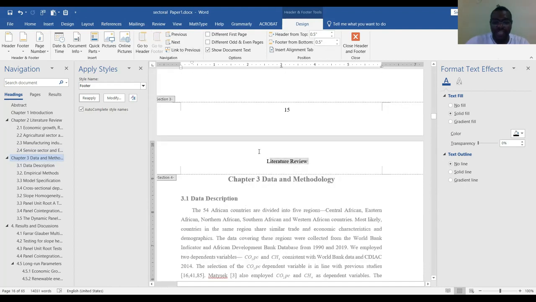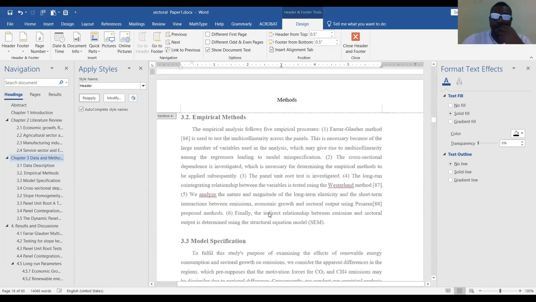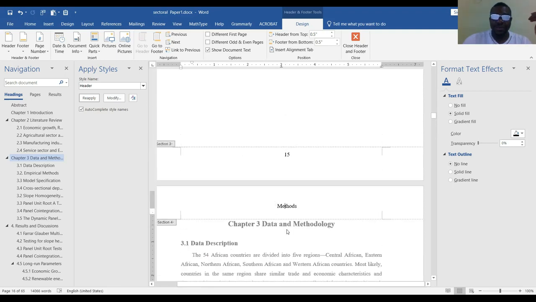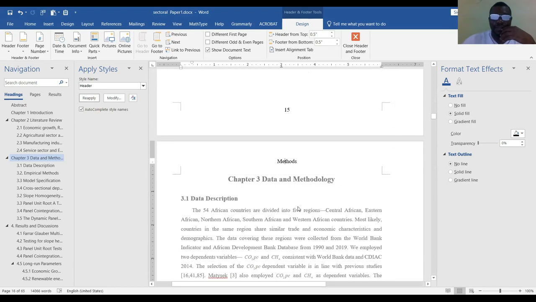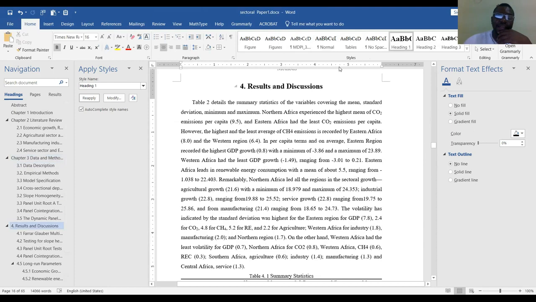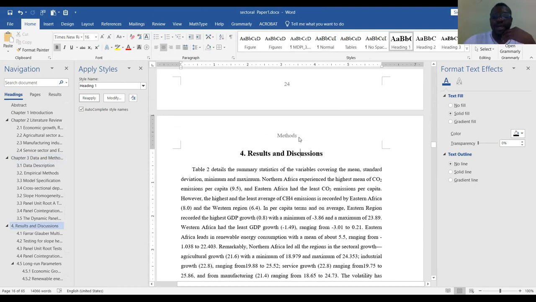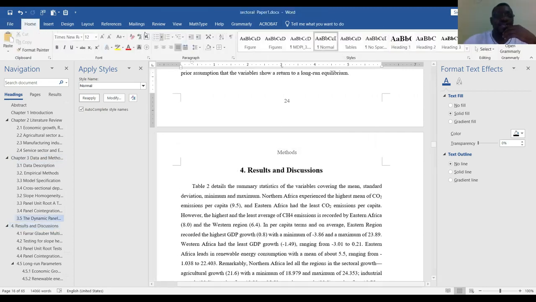Now I can conveniently write here methods, okay, methodology, okay. Let me just use method. Okay, so I write here methods. Now, you see, this one now is different from the literature review. So this section says methods, but here chapter 4 should be delinked because chapter 4 is what? Results. Okay, so what I simply do is the same procedure, I come here and say, come on,